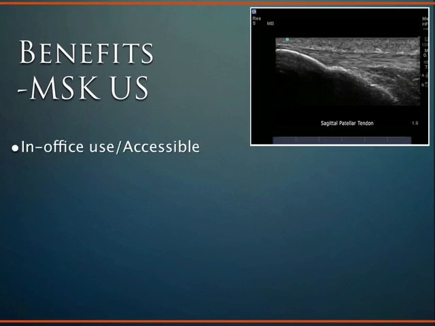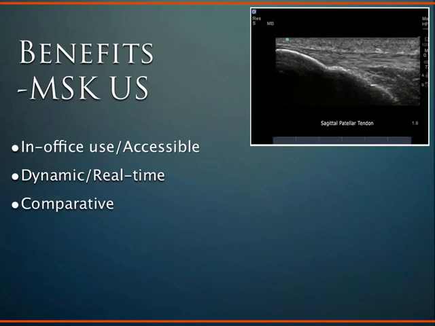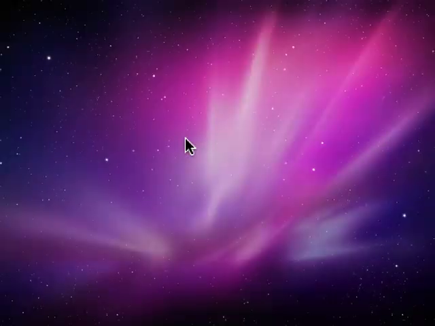In general, when we're talking about musculoskeletal ultrasound and ultrasound in general, it's a really huge upcoming area because there's a lot of benefits for this imaging modality between the accessibility and just having it in your office, and being able to do that real-time imaging, being able to move the tendon and move the muscle and move the joint, look at the ligamentous laxity, and be able to compare that to the other side. And so if I'm looking at an elbow,